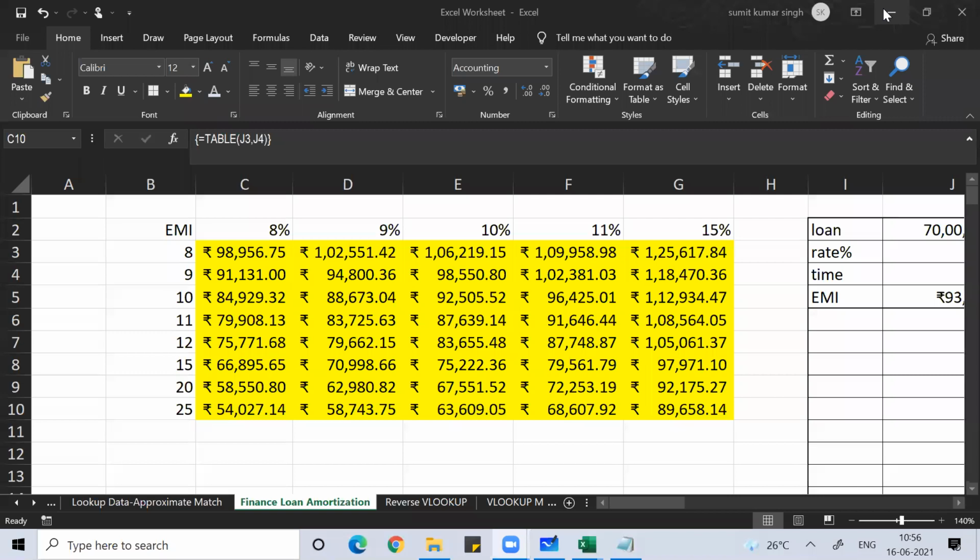They bring one chart, like what I'm showing you in yellow color. They'll give you that chart and tell you, sir, if you take a loan of this many years at this rate, this much will be your EMI. But they have no idea how that figure came.